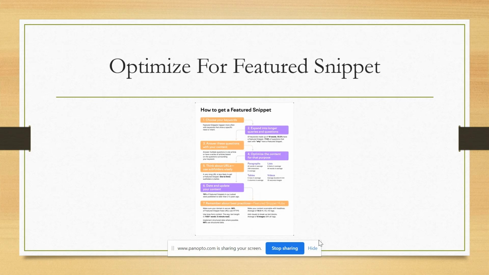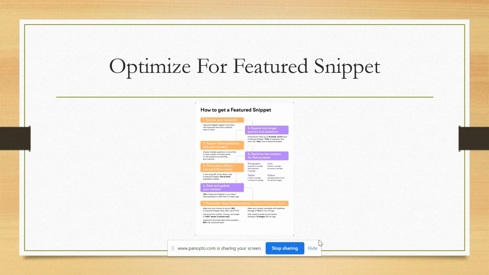Then you have to optimize for featured snippet. So how are you going to get a featured snippet? Basically, first is you have to choose your keywords. Okay, so featured snippet happens more often with keywords that show a specific need or intent. This is one thing.